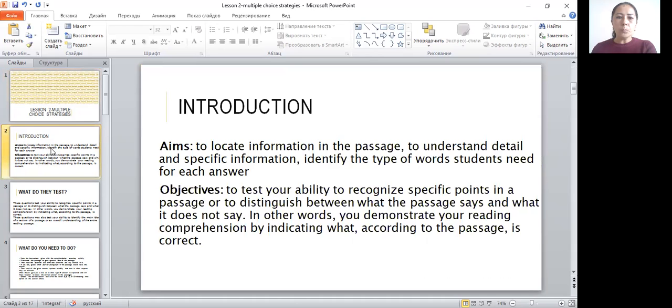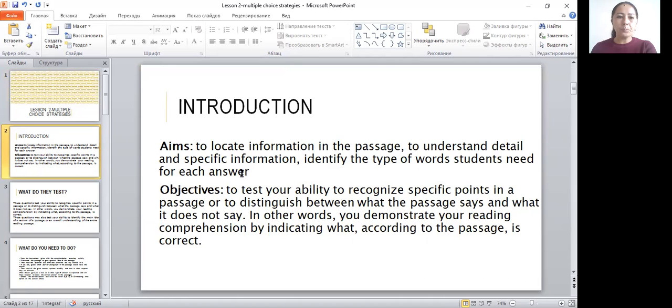The aim of our lesson is to give you some information about what the multiple choice strategies are, and the objective of our lesson is to give you practice so that you know the strategies very well